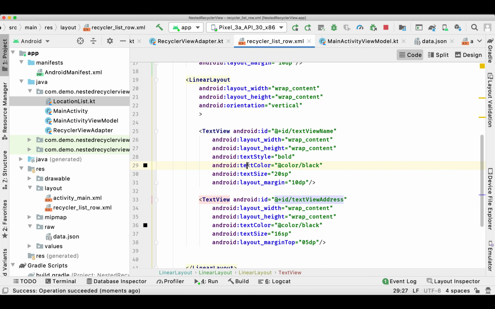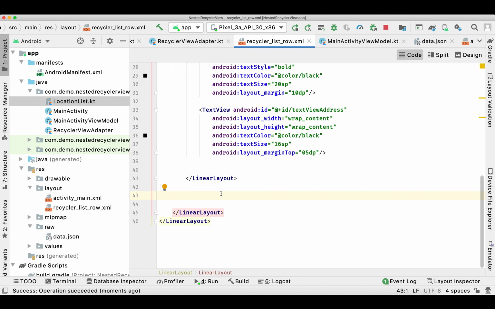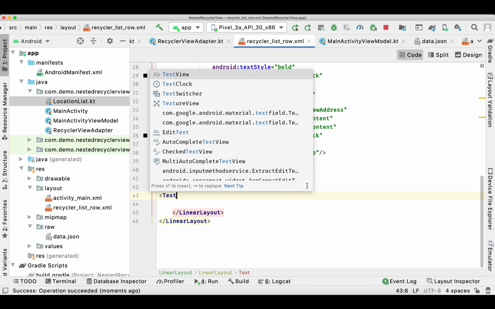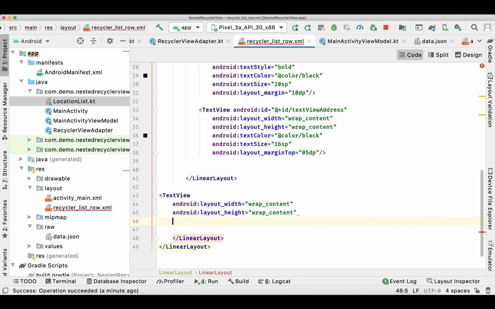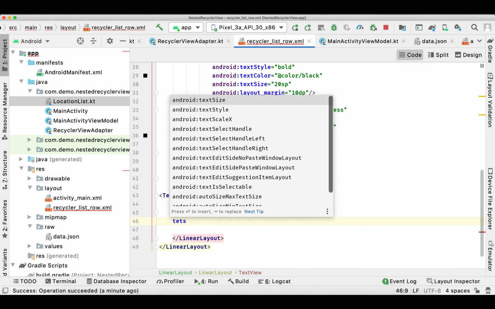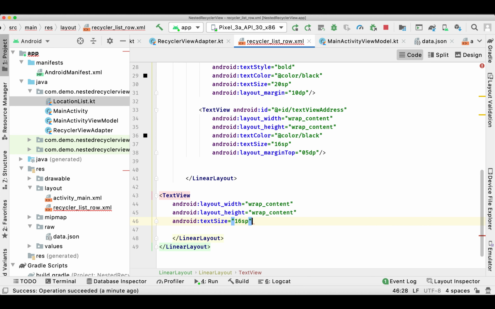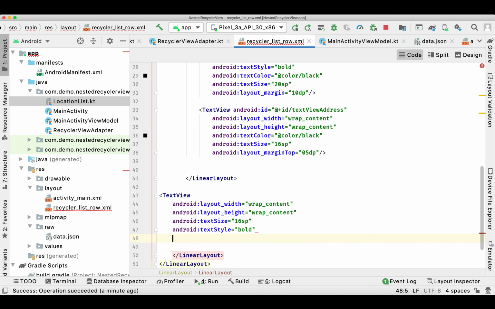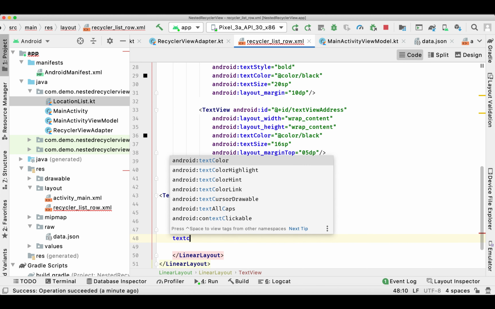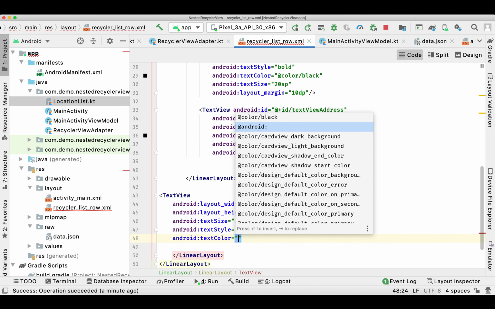we'll add a recycler view inside it, but before that I want to add a text view so that we can show the number of child count. So I'll add a text view, and underneath the text view I'll add a recycler view so that we can get the number of count, how many child elements we have over the recycler view.